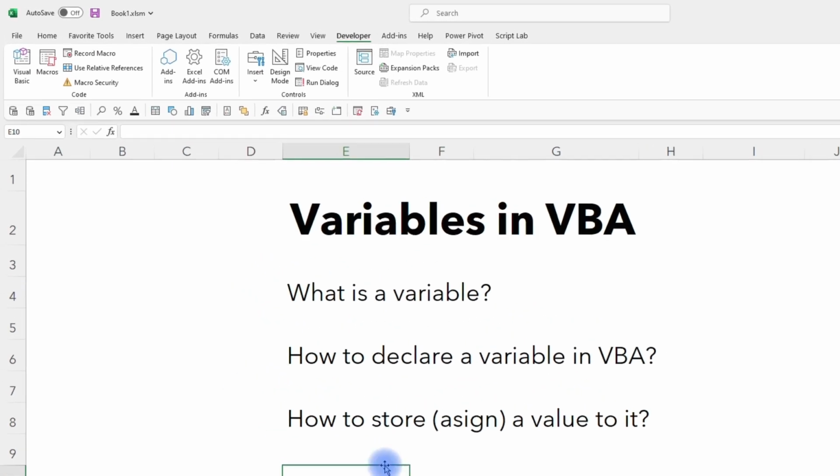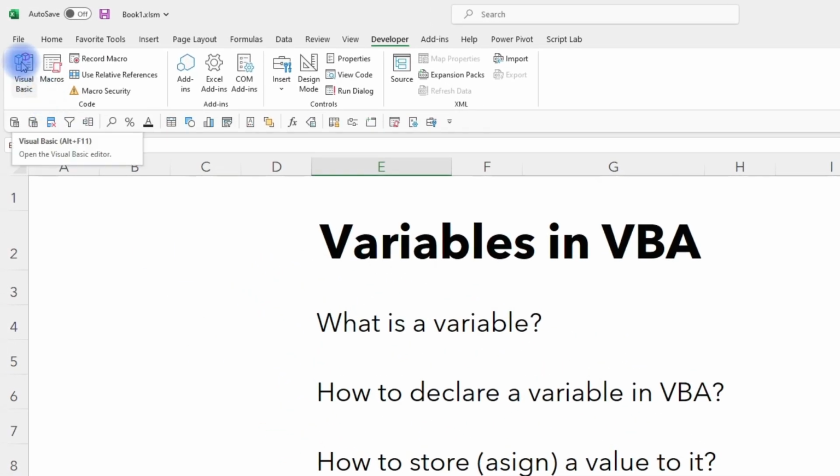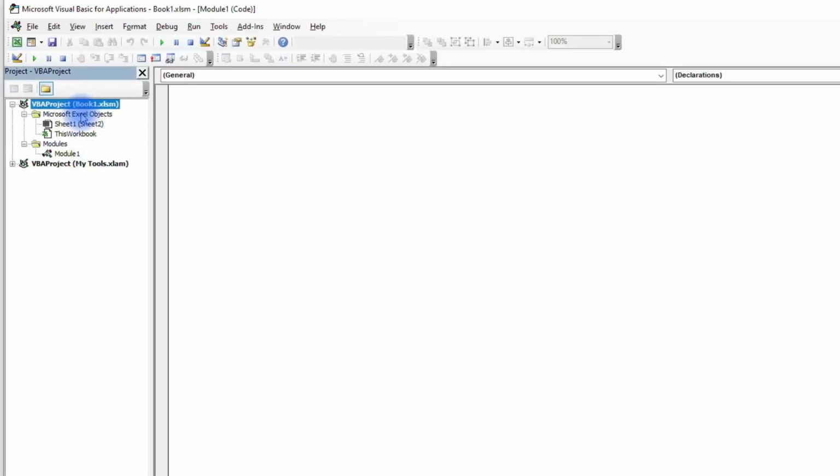So I'll go to Visual Basic Editor on the Developer tab, and in this file, I have this module here. I will double click that and I will write a macro in it. This is the name of the macro. As soon as I press enter, it adds these two brackets and the end sub statement for me, which is quite helpful. Then I will write the name of the variable